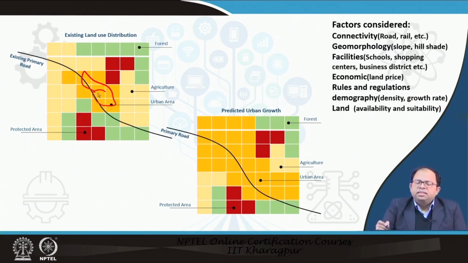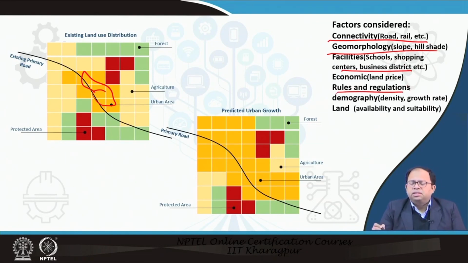Then we consider several factors like connectivity, then geomorphology, which includes slope and hillshade, facilities, which includes presence of schools, shopping centers, business district, and economic factors like land price for that particular area. We also formulate the rules and regulations of the land, that means some restrictions in terms of land use, then the demography of that particular area, density, growth rate, and so on, then availability of land, suitability of land for particular purposes. We define the transition rules, and once the transition rules are applied and each cell is allowed